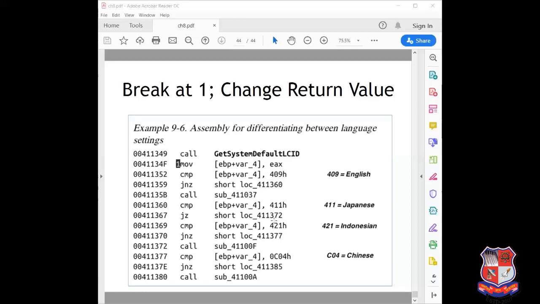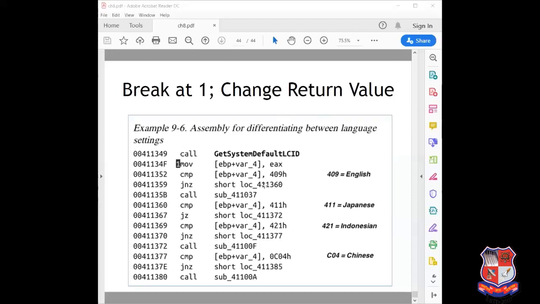Then continue the running process so that it executes the code as if you were running on a Japanese language system. You can try this experiment and identify what happens.